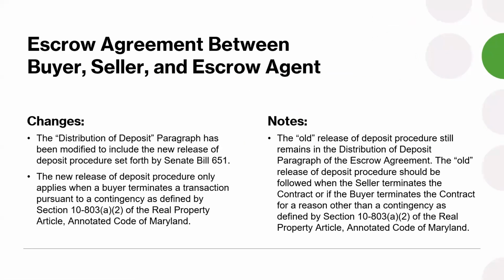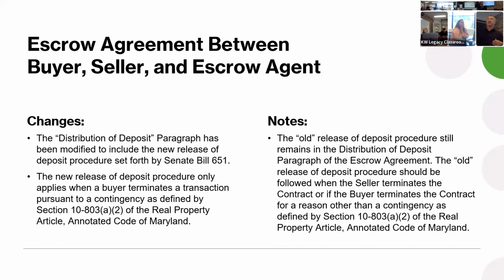Okay, here's the actual big thing that I'm going to take basically the rest of the 15 minutes. The state of Maryland has finally changed the way that we distribute earnest money as escrow agents. The old method, which will still be used in some cases, is that the brokerage or the title company isn't releasing anything unless I get a piece of paper where both parties sign, you can release, then they're good.